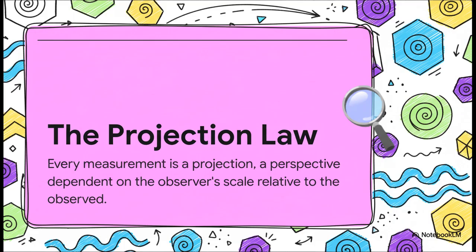You can shine a light on a 3D object and cast a 2D shadow on the wall. That shadow is real. You can measure its height and width. But it's not the full picture, is it? And its shape totally depends on the angle of the light. Well, this law says that our physical constants are like that shadow. Our measurement is real, but it's a projection that depends on our scale as the observer, relative to what we're